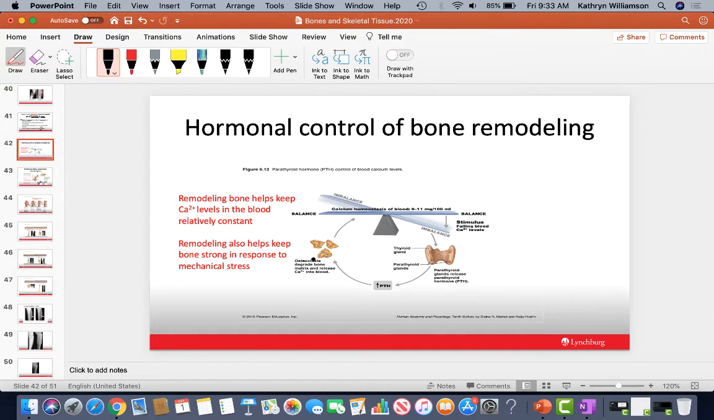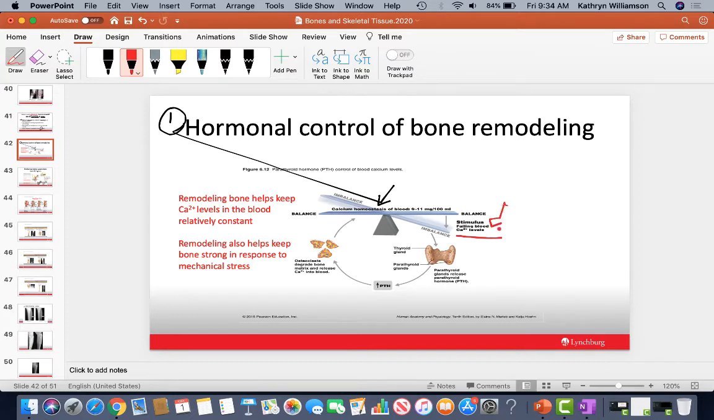We have two ways that bone remodeling is controlled. The first way is going to be through hormones. This basically takes into account the fact that our body likes a typical homeostatic level of calcium in our bloodstream. So we like to keep our calcium at a certain level. And so if our blood calcium levels fall below that level,